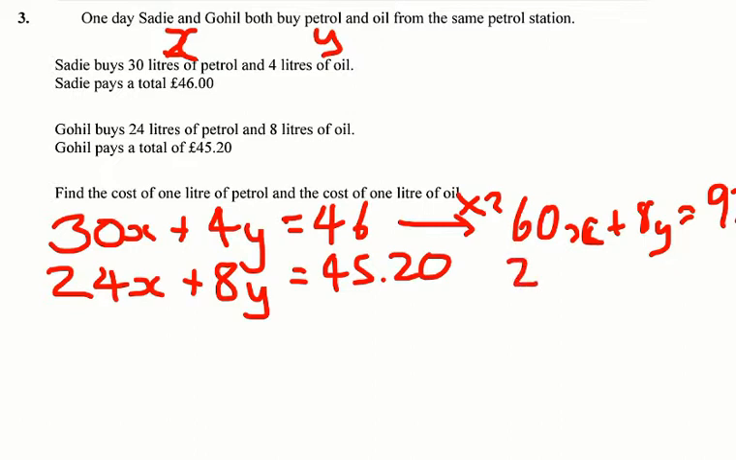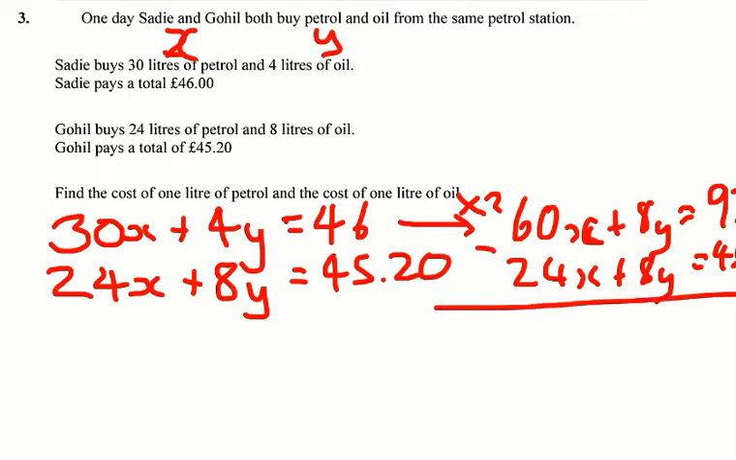Now we can line up the second equation underneath and subtract, and this will get rid of the y's because there's 8 of them. So that's 45.2. And if we subtract those, 60x subtract 24x will give us 36x, and that is equal to the difference of £92 take away